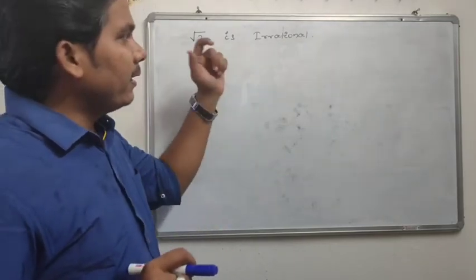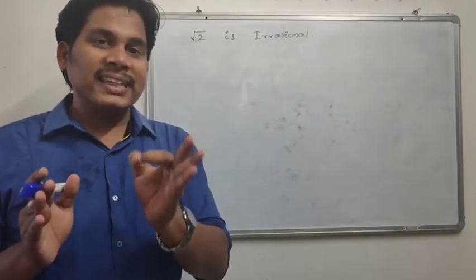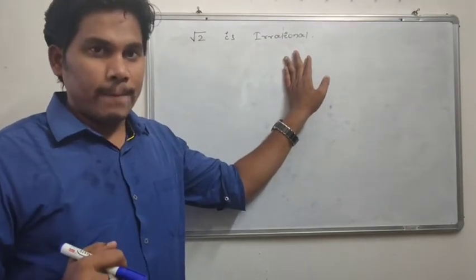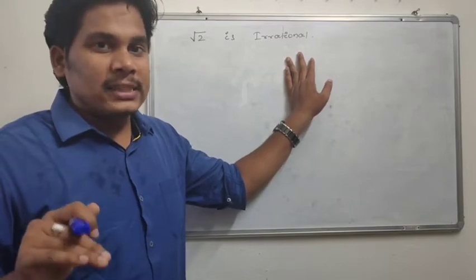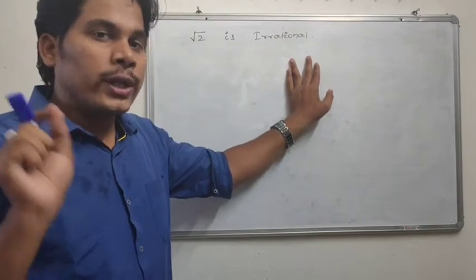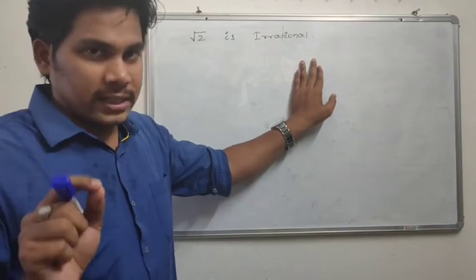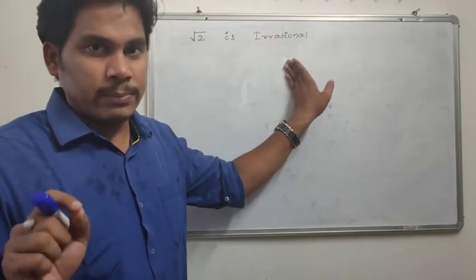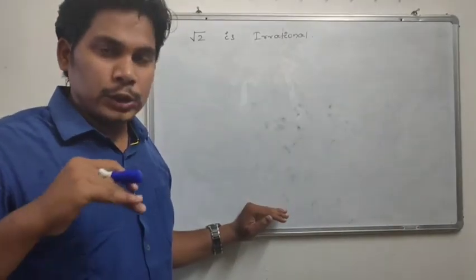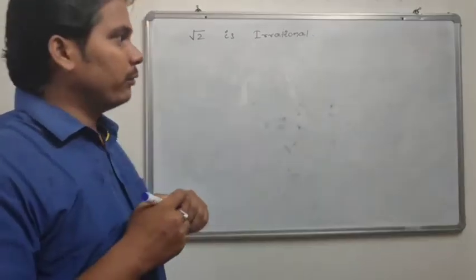Again I am saying I am using the contradictory method. In this contradictory method, I will take a statement, not this statement. This is already the statement which we have to prove. But as I am not saying this is a proof, rather I am saying the solution, that is the only reason I am using the contradictory method. In this method, I will take a false statement, and at the end I will say what I took is wrong, and what is originally present is true. See how it happens.